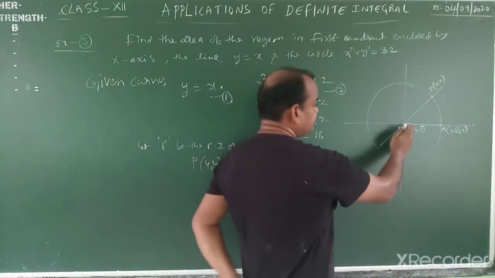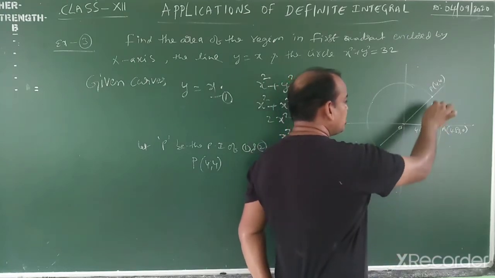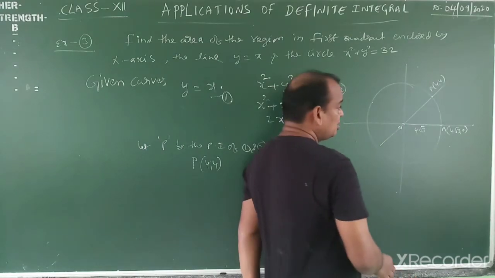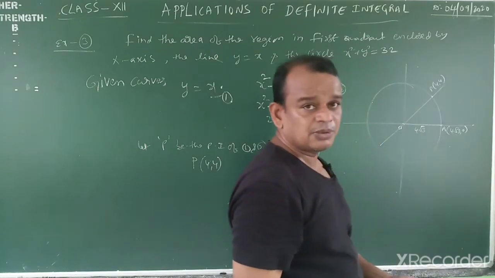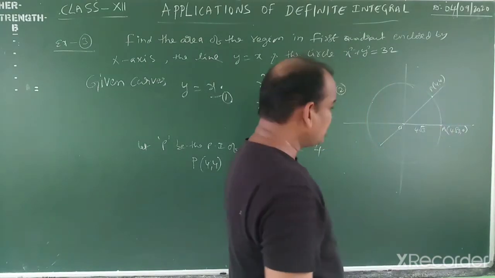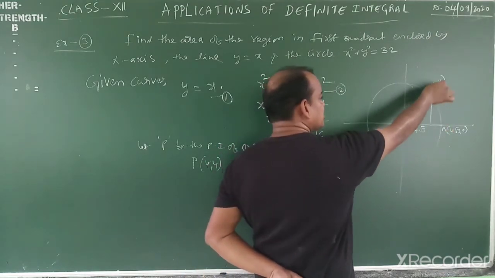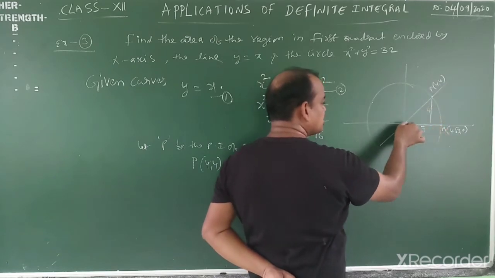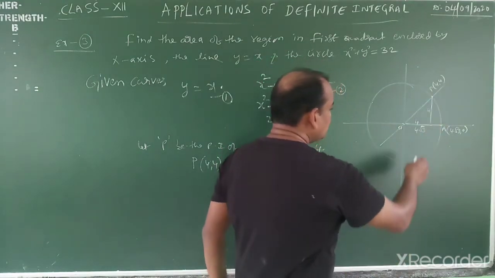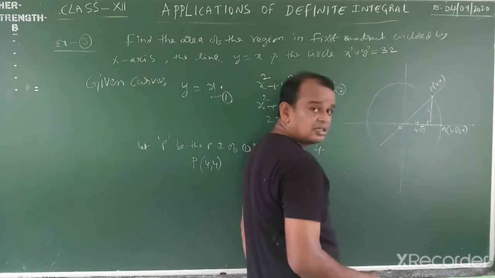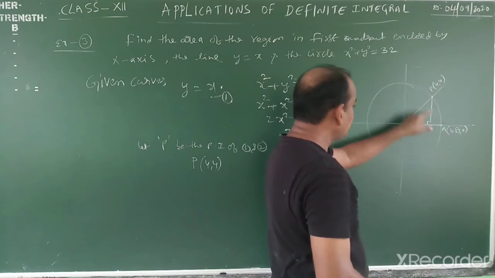Now you will find this area, the line under the curve above the x-axis. But the point of intersection (4, 4) means what? It is not totally one curve. Here one curve is there, here another curve is there. Upper curve minus lower curve is not possible here, because of this side. That's why, first of all, we draw a perpendicular here. This is 100% the y coordinate. The y coordinate is how much? This length is 100% 4. (4, 4) means this is 4, this is 4. Now this is the area. Is this a right angle triangle or not? Yes. First observe that. Here 100% 4. This length is 4. 0 to 4 we will take.